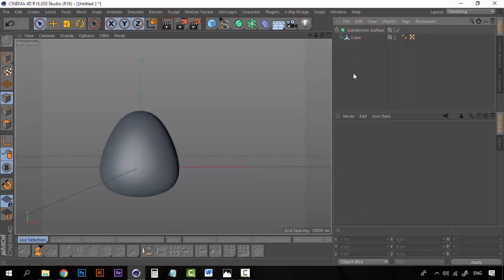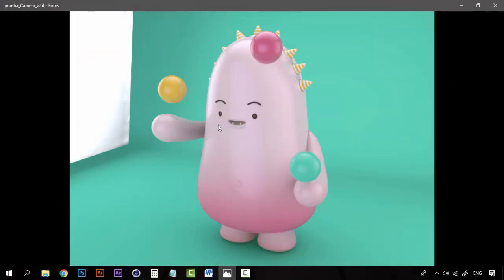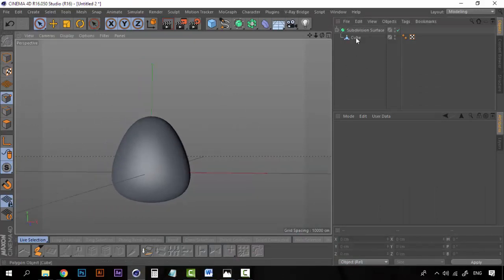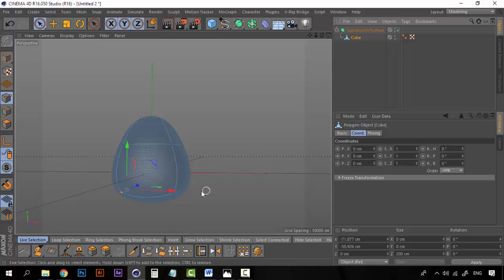Now we need to change a little bit the size of this shape. You can see if the monster is taller and it has like this side is bigger, then it becomes thinner, and it's bigger again here on the head. So we need to do that with this shape. So take the cube, and here's what we're going to do. We're going to take the polygon tool